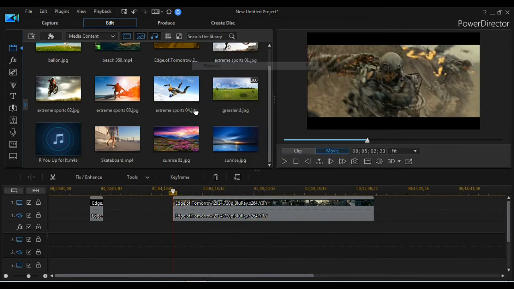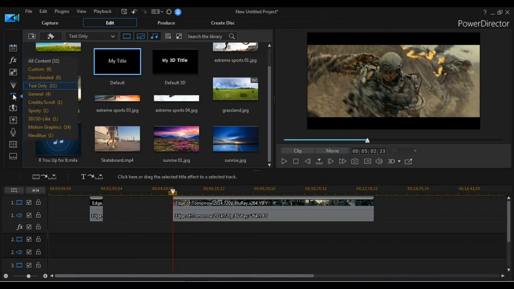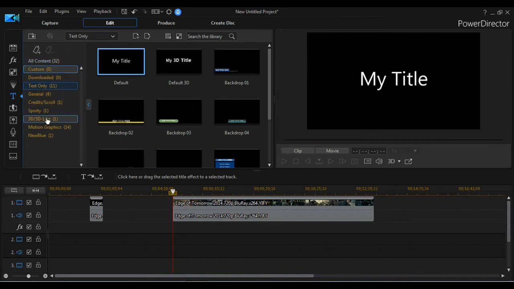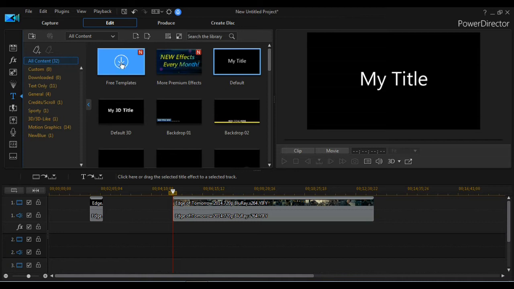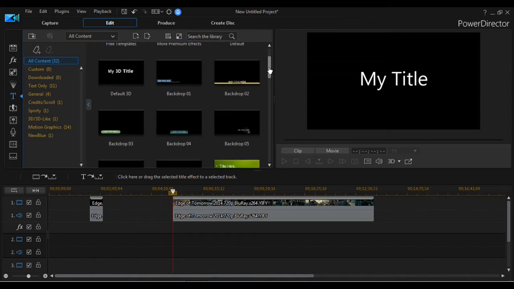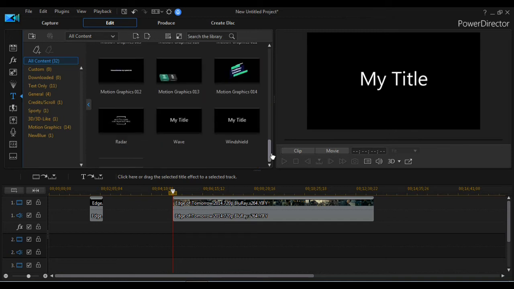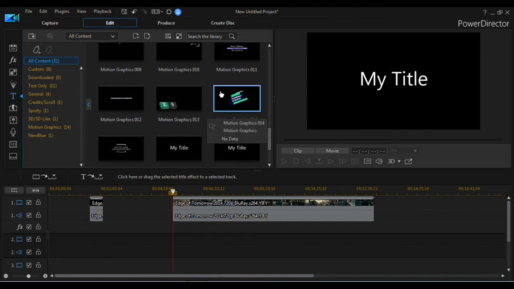It is a very simple process only, but I'll show you a detailed explanation on that. Over here you can see title room. If you press it, you'll get a lot of variety of collections for adding the text. In this you'll get all the text. You can see there are a lot of texts, and these texts are very useful.